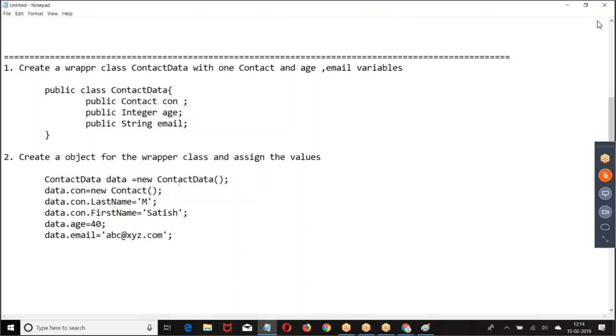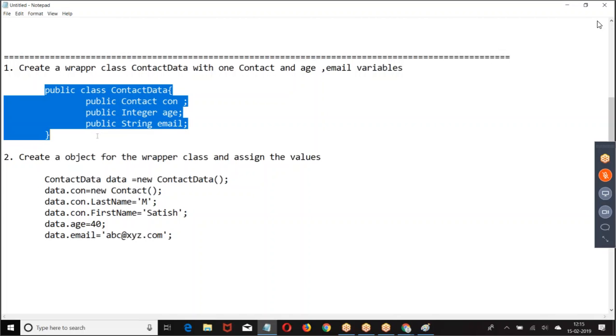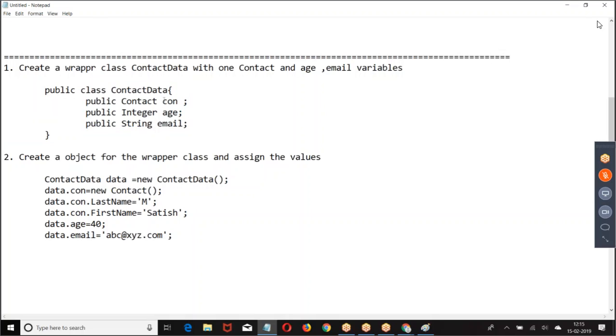In the next line, I want to refer to this variable. What is c1? Is it a primitive or a reference? It is a reference, so we have to assign the memory. Why did you assign this memory here? Because it's a reference. C1 is a reference variable, so I create a new contact. This is for the class, and this is for the contact. First, if we create an object for the class, in this object we are referring to con. First create for the class, then create for the object.